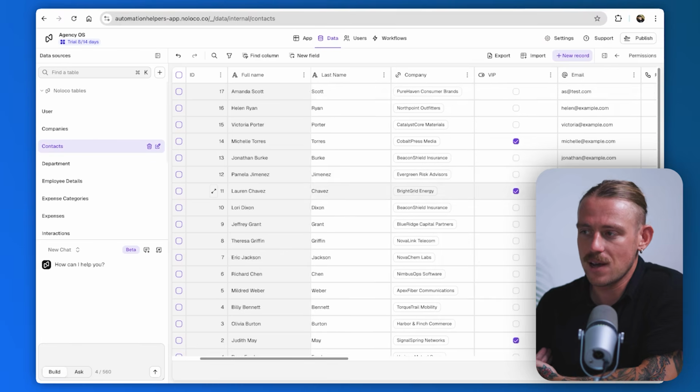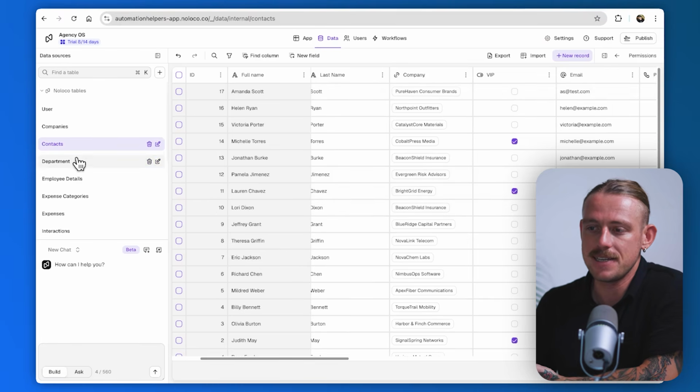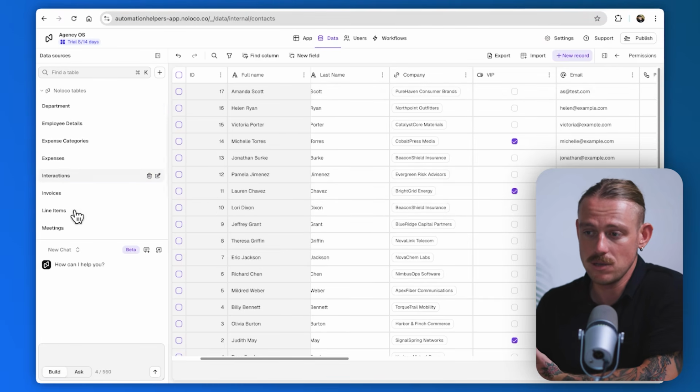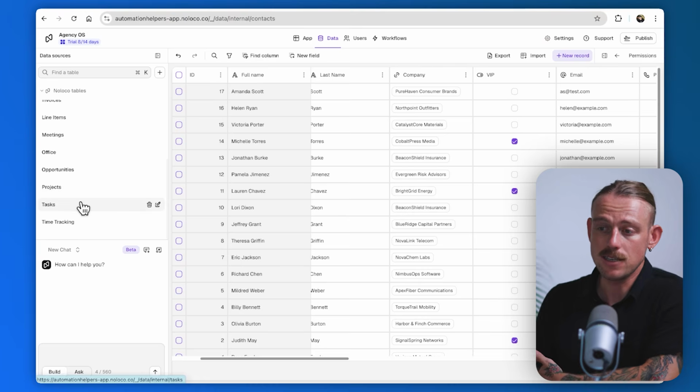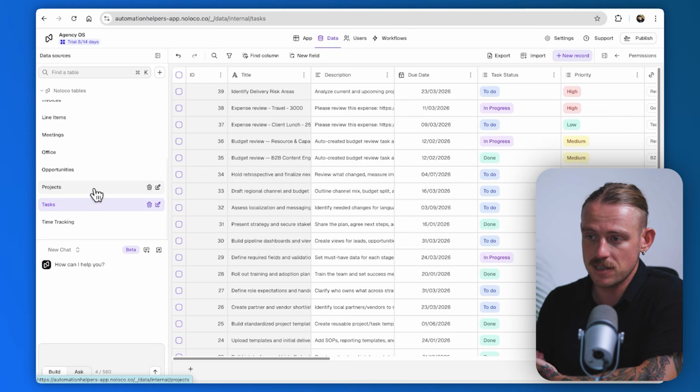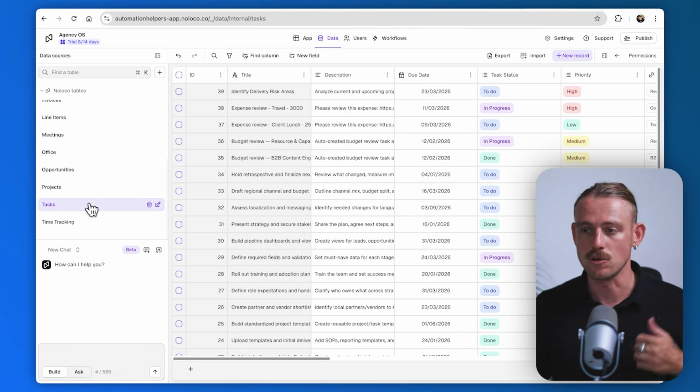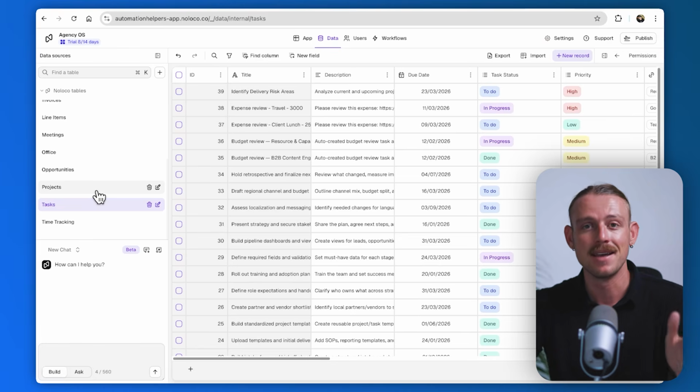Contacts are always tied to companies. Companies will have interactions as well as projects. Tasks will be linked to projects, and time tracking will be linked to your tasks, projects, clients, and many other tables. The next layer to think about after you've set your record relationships is workflows, how actions actually occur inside